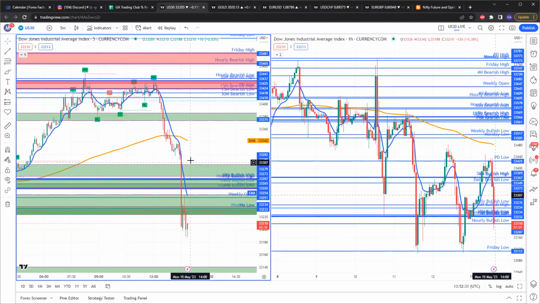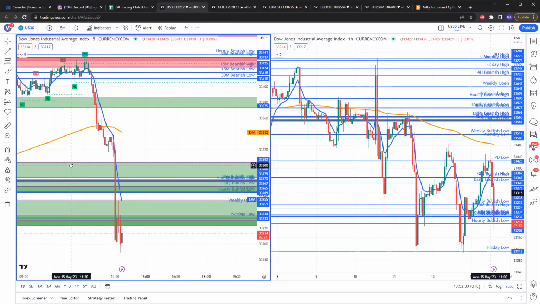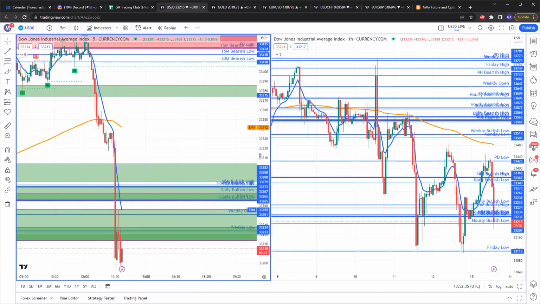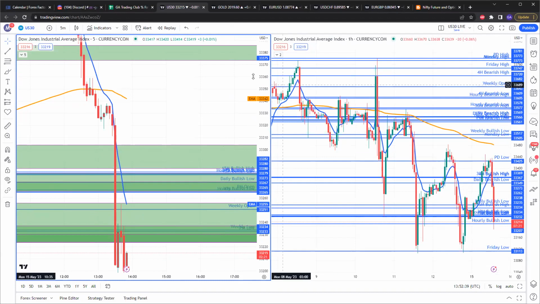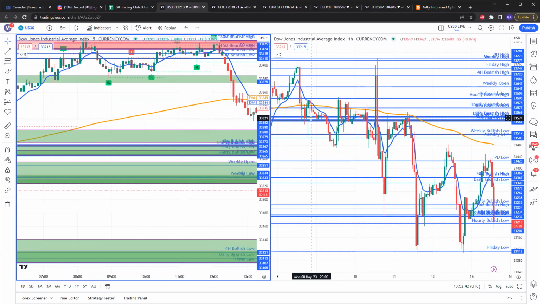So for US 30, of course, we have a death cross. And what do we know about a death cross, even just by looking at it? This was another trade right here. So number one,